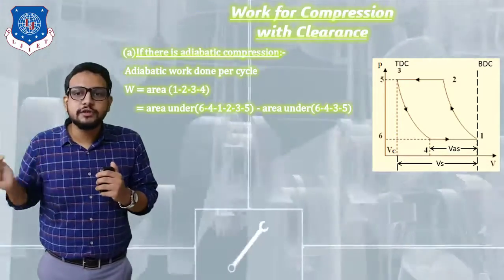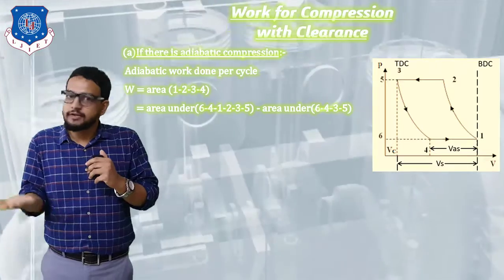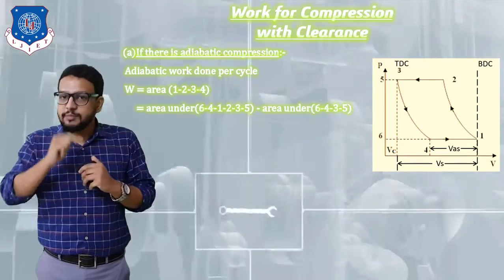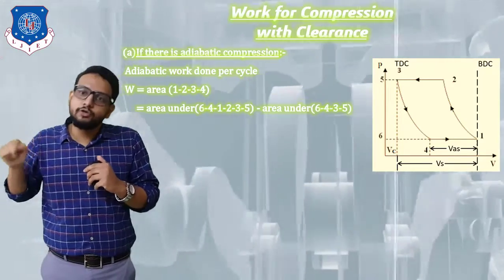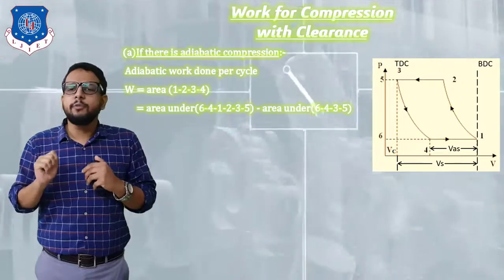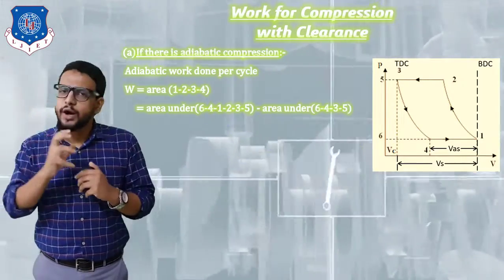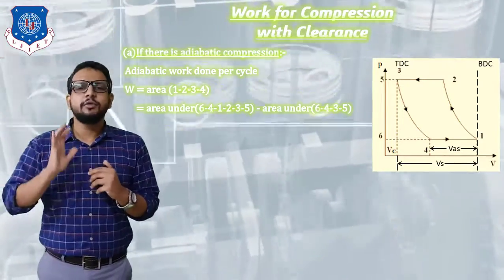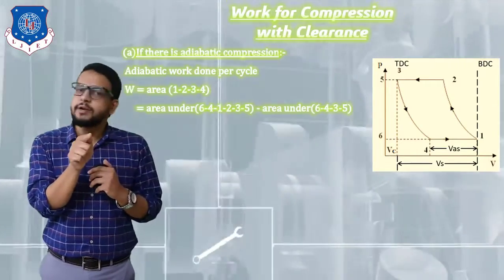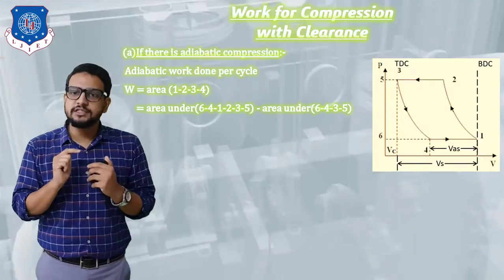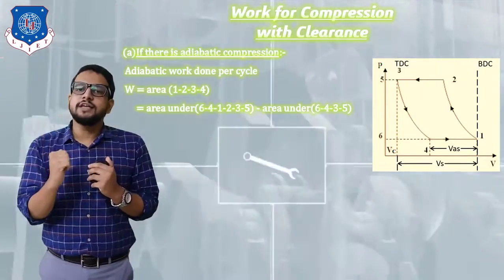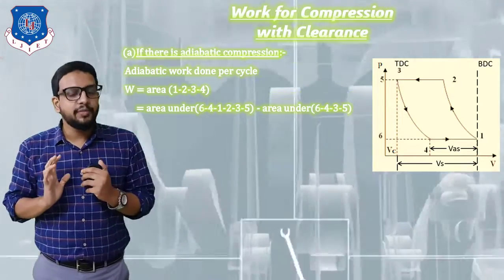Now our next stroke is the delivery stroke. In that stroke, the piston will move from its BDC position towards the TDC position. This is represented from point 1 to point 2, representing an adiabatic compression process. Let's say that at point 2 we have achieved our required delivery pressure, that is our 10 bar pressure. Now from point 2 to point 3, it is just representing the delivery of that compressed air. During this process, the delivery valve will open and compressed air will be delivered to our air receiver.